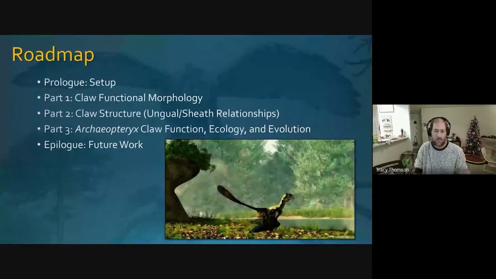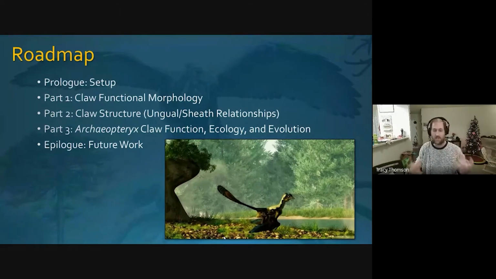And so a roadmap for what I'm going to be talking about tonight: we'll do a little bit of a setup to explain why this is important and the problems that I'm trying to tackle here. There are three parts that correspond to the three chapters of my dissertation, dealing with the claw functional morphology itself and setting up the methodology for attempting these things. And then I did a little bit of study and insights into the claw structures themselves, specifically the ungual sheath